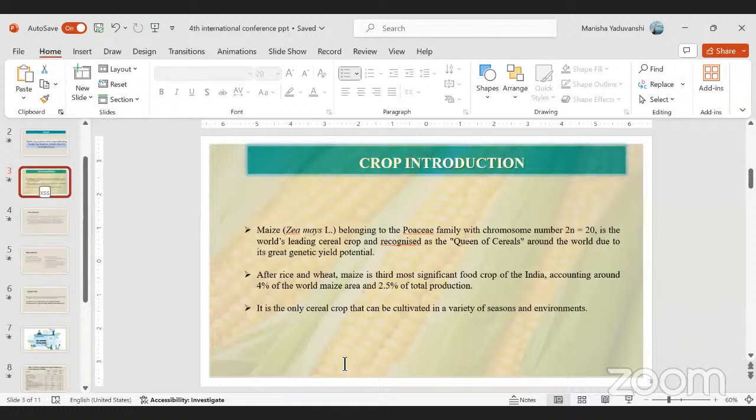Similar trends were observed in dry matter accumulation, maximum dry matter accumulation in gram per plant was